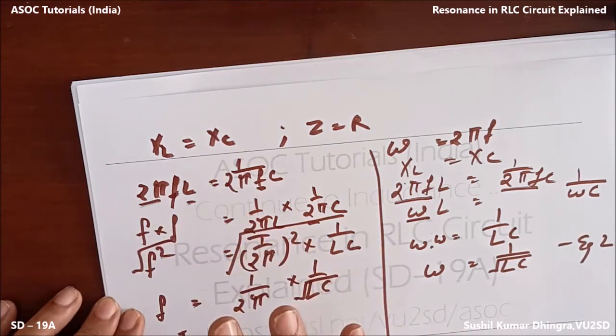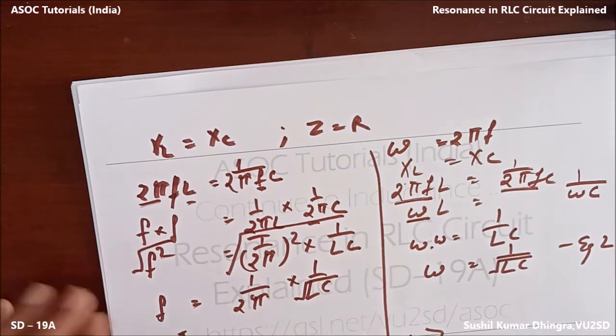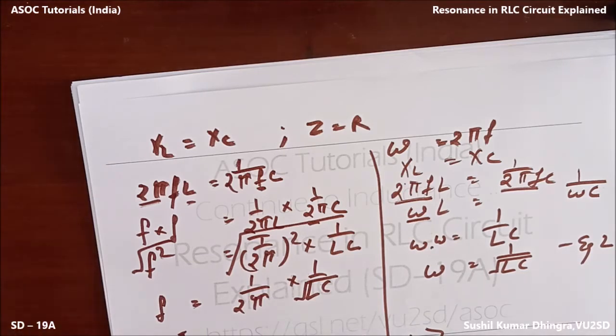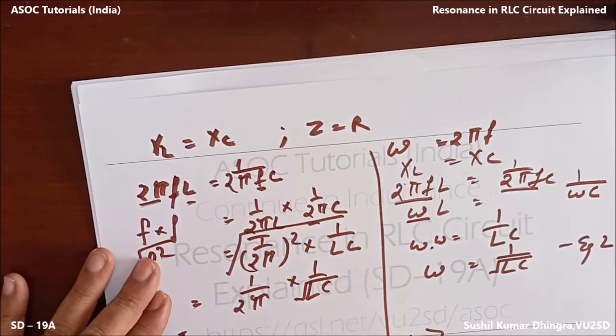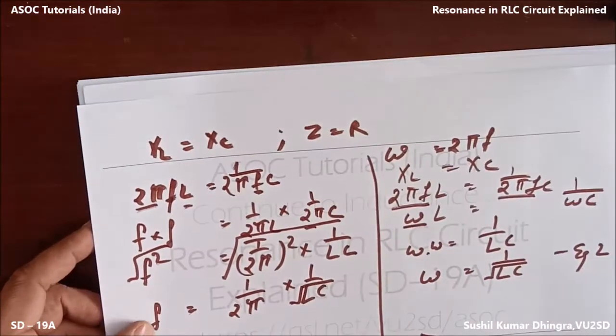And when you are looking at formulas, at the same time you must know about the phase angle. Phase phi is equal to tan inverse of XL minus XC by R. Keep this in mind. But in case of resonance, they are cancelling each other; they are equal in magnitude and 180 degrees out of phase. So this phi will be equal to 0. Just keep it in your mind.